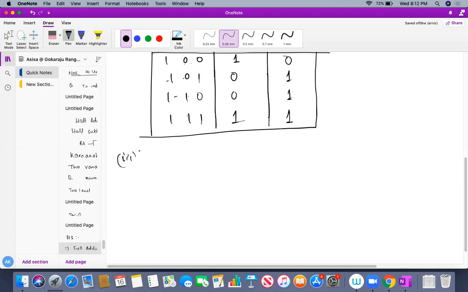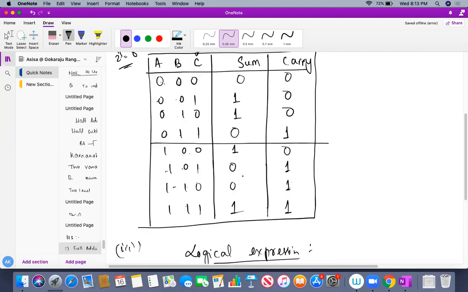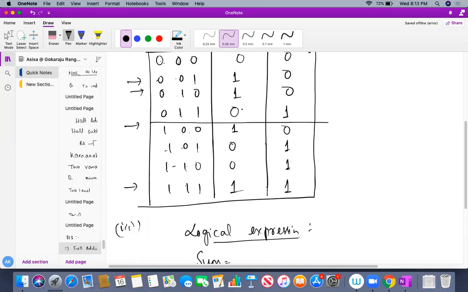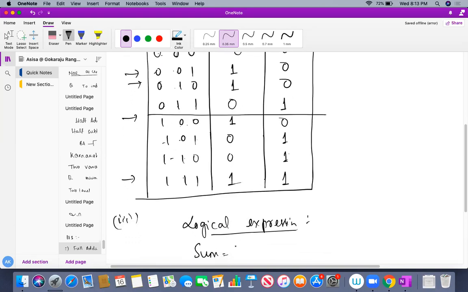So next step is what you have to do. Next step, the third step, you have to find out the logical expression. Okay. What is the logical expression? For finding out the logical expression, you need to write out the SOP. Okay. So here sum. What is my sum actually? You can see, wherever the 1 is there, you have to take those combinations. This is 1 1 1 and 1. So what are those? It's actually A bar B bar C. This sum is actually A bar B bar C.